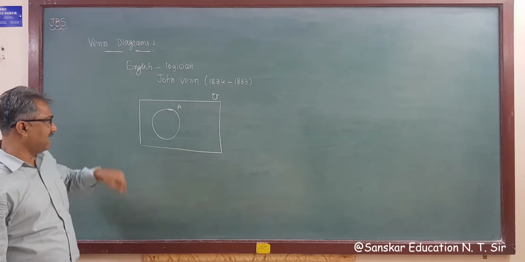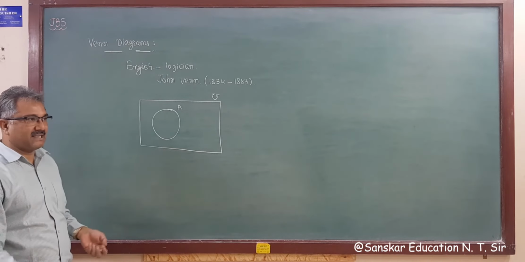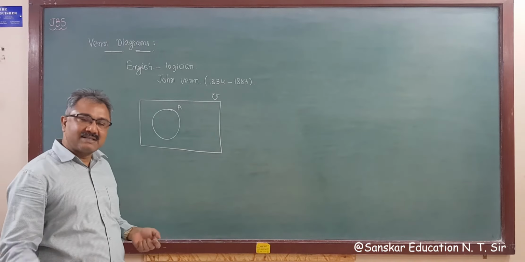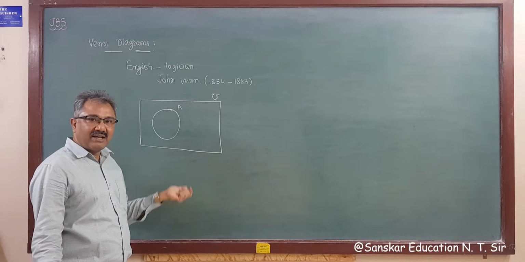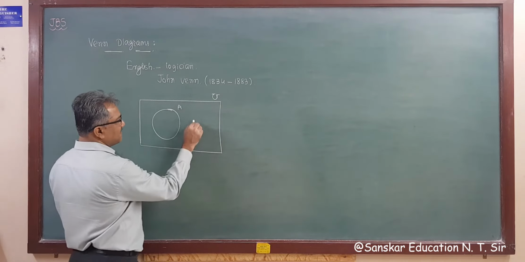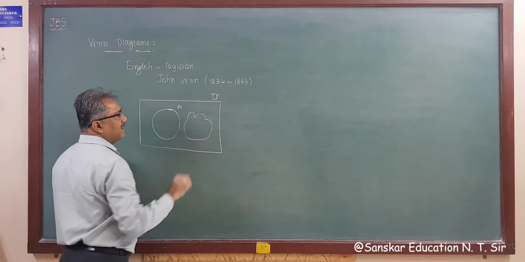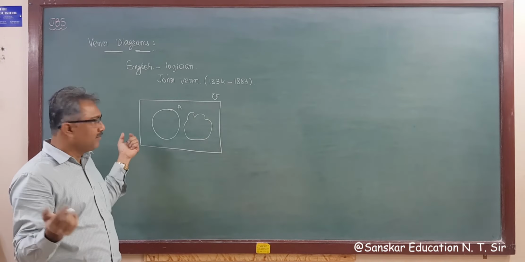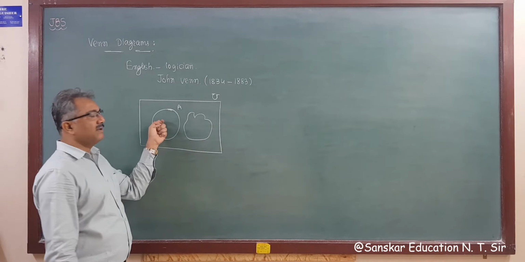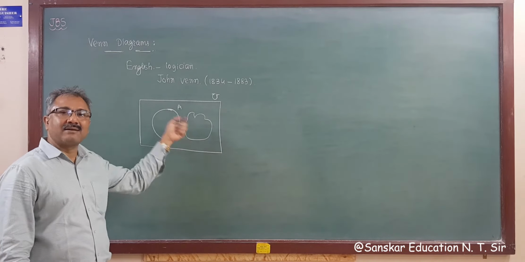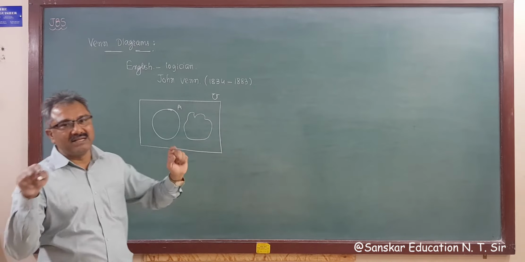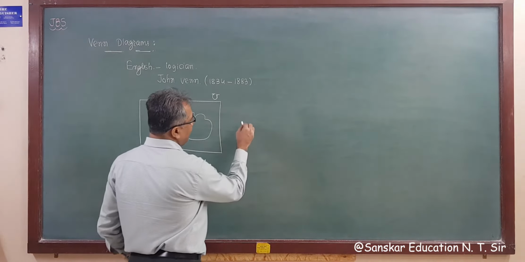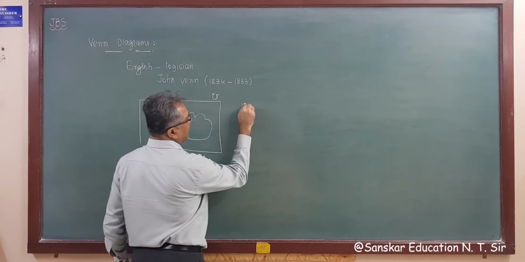And in a Venn diagram, all elements are represented in their respective regions. If we take a circle, then we take a circle. You can take a shape like this also, but you have to take a closed curve. Generally, we represent sets by circles and rectangles. Rectangle means your universal set, and the circle means its subset. Suppose I am drawing another Venn diagram.